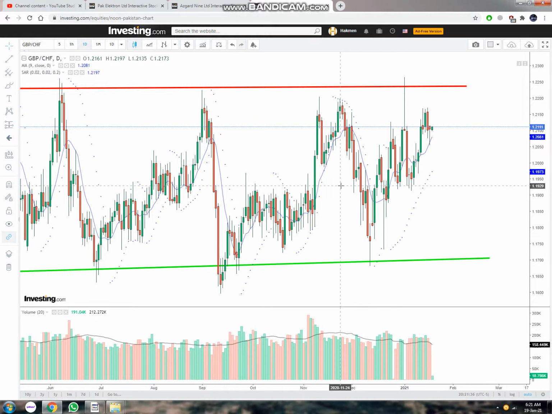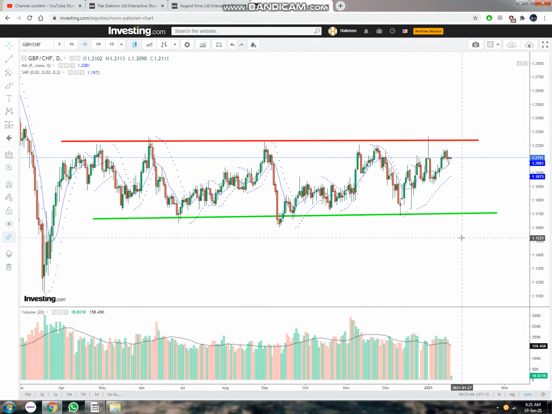It does not clearly define for us which way the market is moving, whether it's an uptrend or a downtrend. So we are going to wait for it to show us the overall direction of the market. In this case, we will wait for it to break either this trend line or this trend line. For an uptrend, it will break this trend line and continue its trend in the upward direction. In this case, it will break this trend line and move in the downward direction to show us that it's a downtrend. And